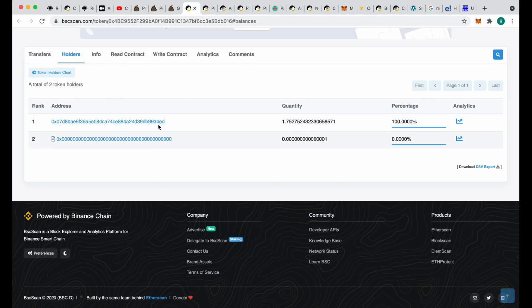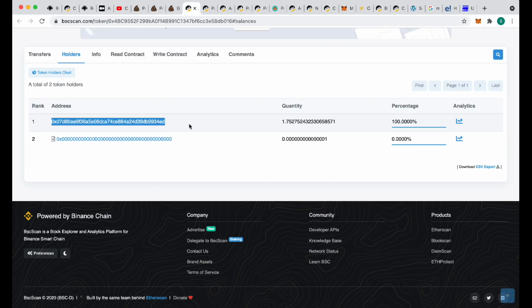So if we'd have got here 10 minutes ago, there would have been another address in here that was holding a lot more of them. There would have been more tokens and more money in the bucket. This amount would have been 0.0 something percent. There would have been another address at the top that would have been almost 100%, and that person didn't lock them, they didn't burn them, they redeemed their ticket, they took all of their tokens back out, which is why they're not here anymore, and now this bizarre wallet from this rich person with some piece of code is 100%